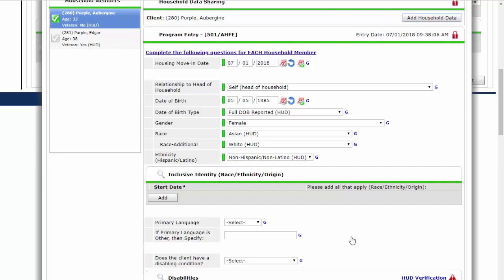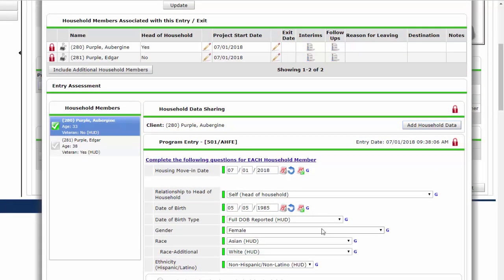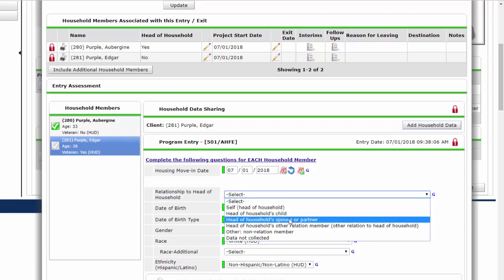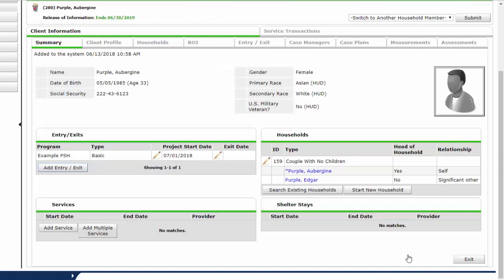This will save the information to all the people you checked so that you won't have to answer those same questions again for each person. Click on the other household member's name to pull up their assessment. As you can see here, the shared move-in date has been saved. Answer any remaining questions for this person and save and exit. Nice job! We finished creating the entry and denoted that this household was housed on the same day they entered